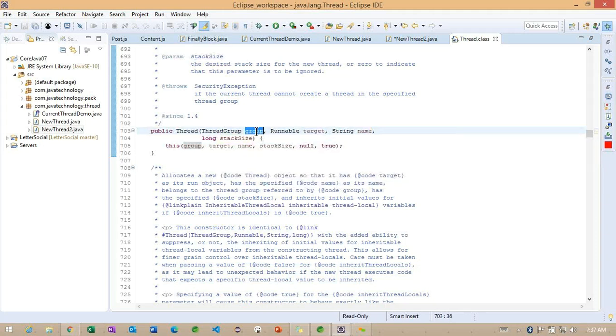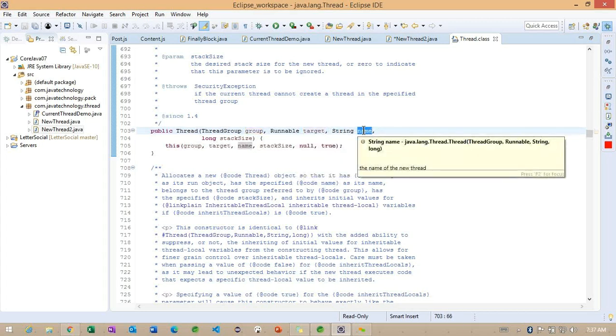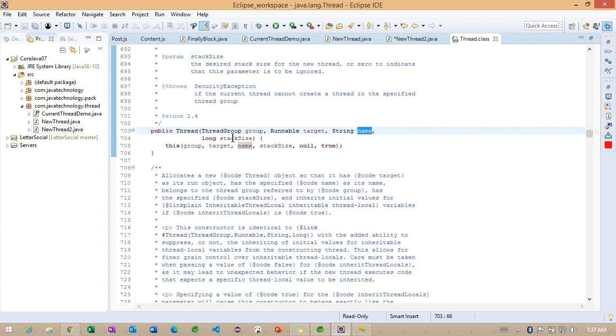For our case, the thread group we are making null. The target also we are making null. The name of the thread we specified as a value, it's like demo thread. The stack size we specified as 0. But if you observe here internally, what happened?